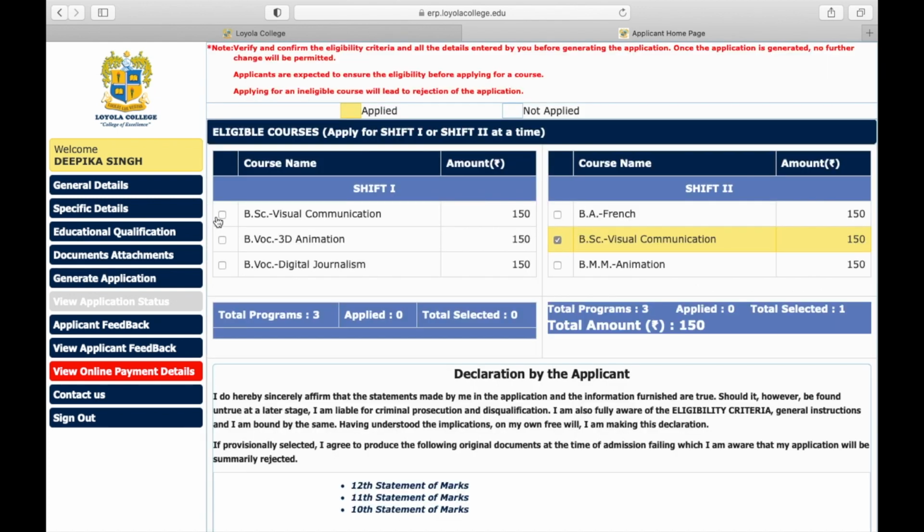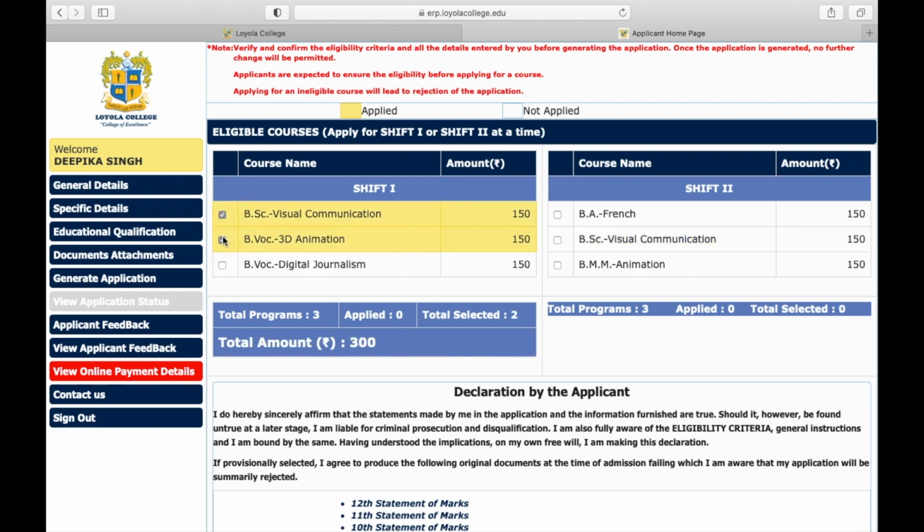When you have attached all the files, click on the next button. You have to select your course, verify and confirm the eligibility criteria and all details entered by you before generating the application. Once the application is generated, no further change will be permitted. So you cannot change it after submitting the form.